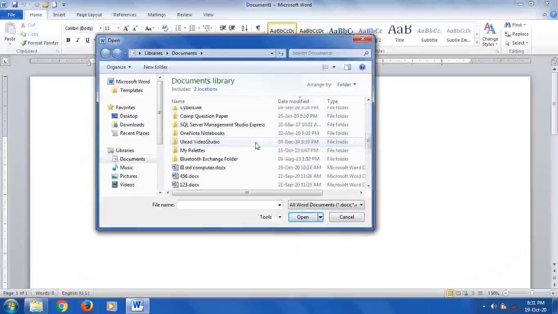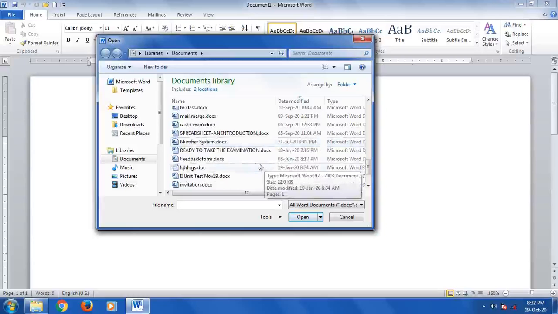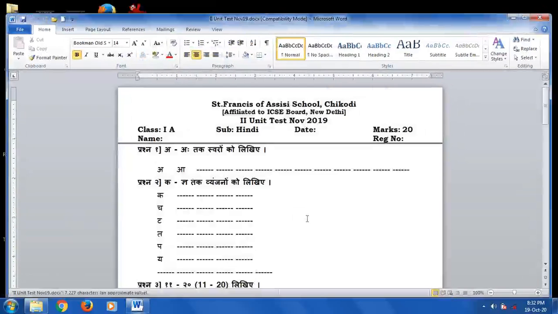In this Open dialog box you locate the file and select the file which you want to open. For example, I will select second unit test November 2019. After selecting the file, just click on the Open button, so that file opens.